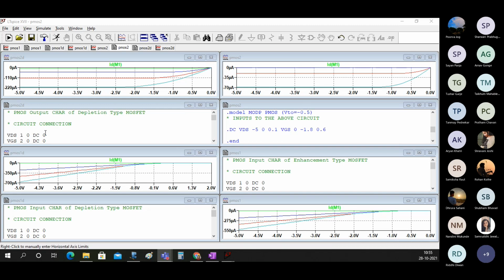Any doubts, anything that you are not comfortable with when you did this, any command that you have not understood, unmute and ask directly.